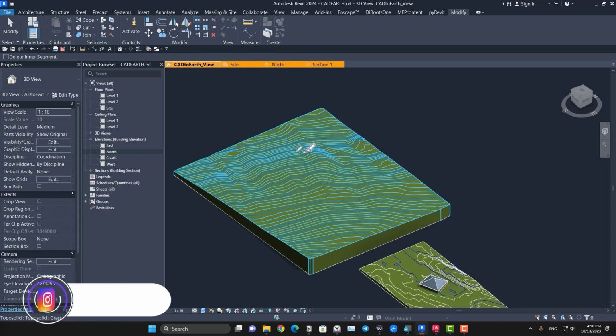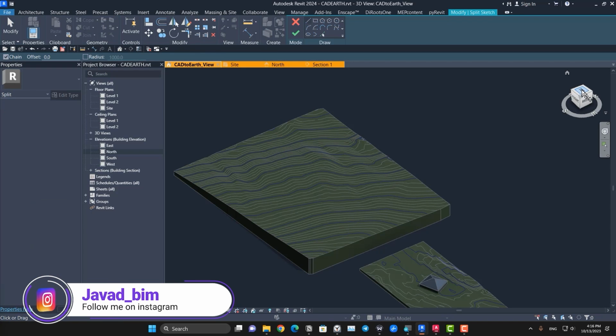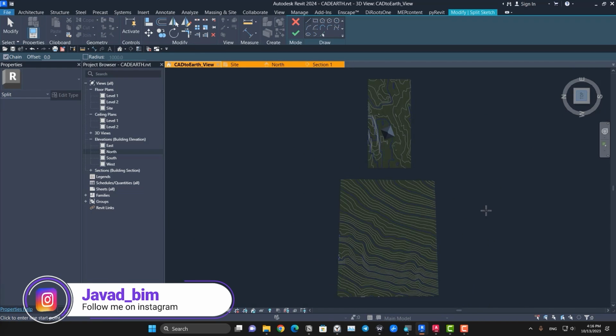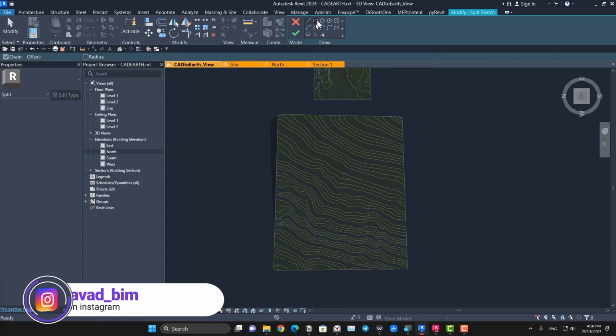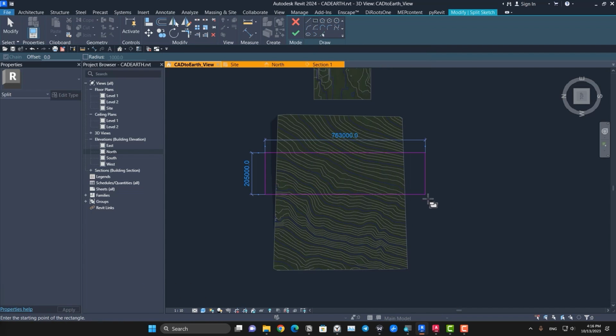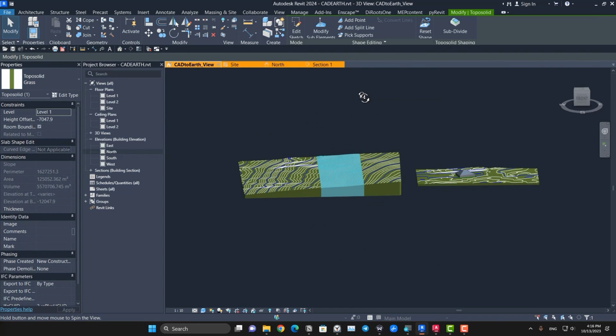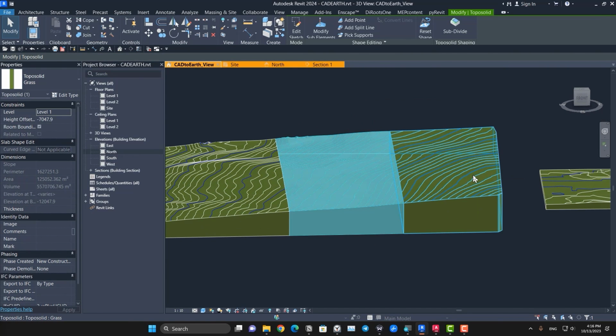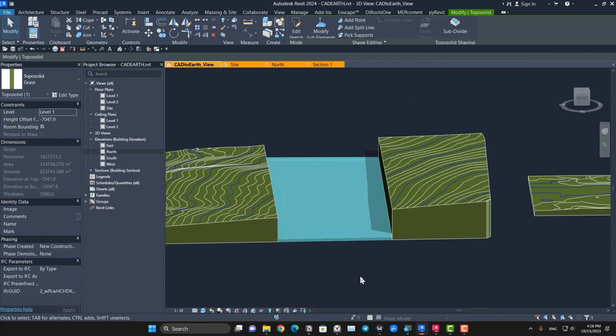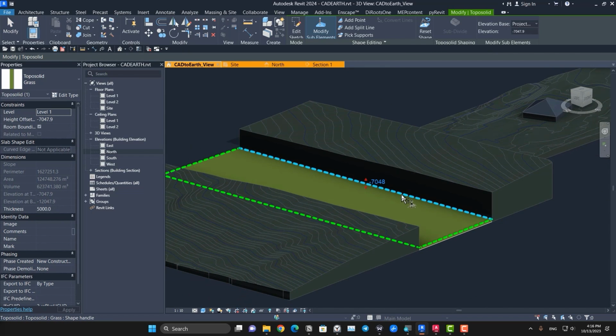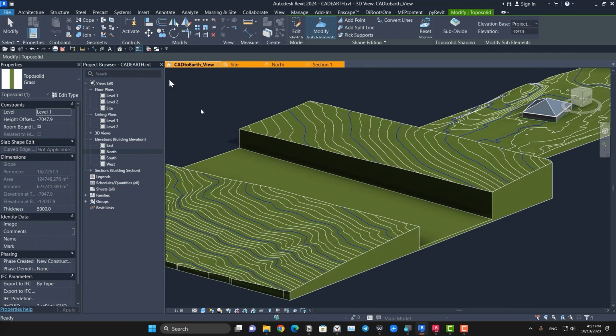In this case, you just need to select the Toposolid, and now you can easily create roads in here with this tool. For example, let me create something like this. Click on finish and wait, and now you can see this is the new surface Toposolid that we have. You can reset it, for example, and then you can go to the elements and you can bring it to the level that you want. Let me turn on the